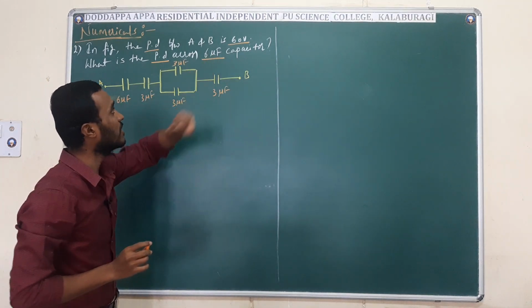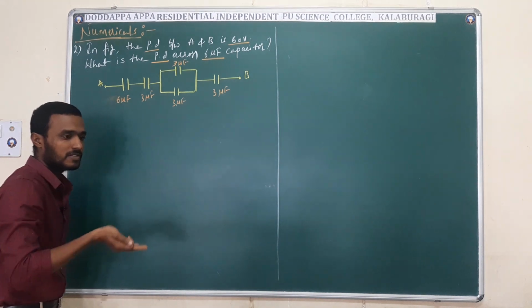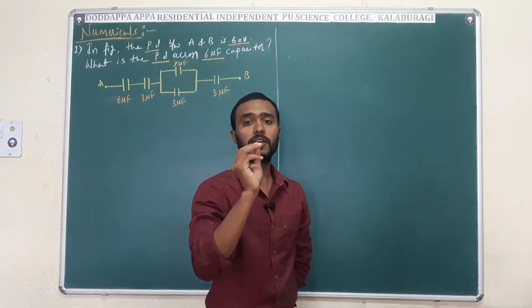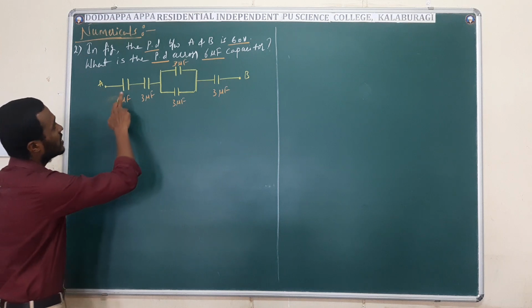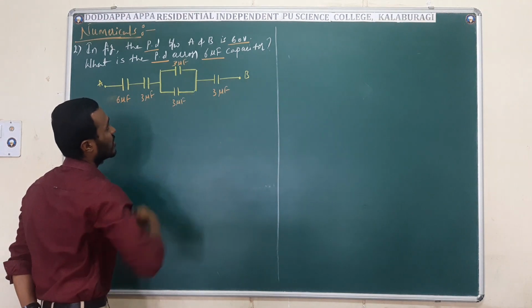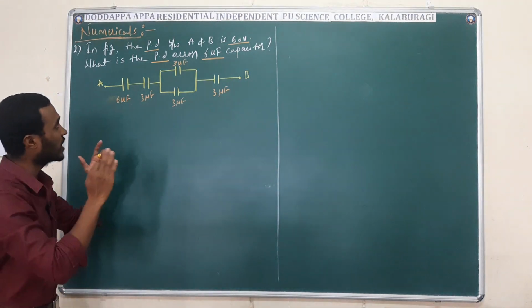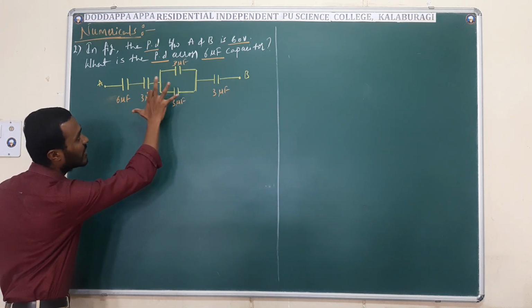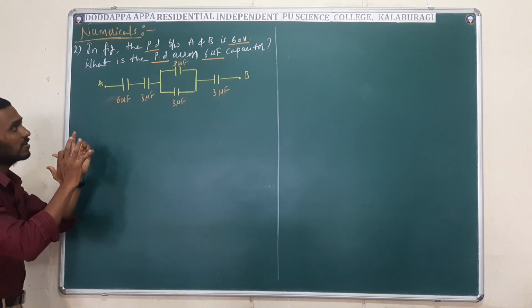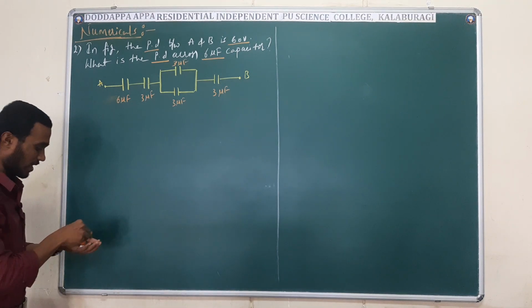In the previous question, 2 capacitors were connected in series, so we applied the series formula 1 by Cs is equal to 1 by C1 plus 1 by C2. But in this given figure, these 2 capacitors are in series, but these 2 capacitors are in parallel, which means this system contains series as well as parallel connections. So our first move is that we should simplify this figure, right? I will make the complicated figure simple. Okay, let us see how.